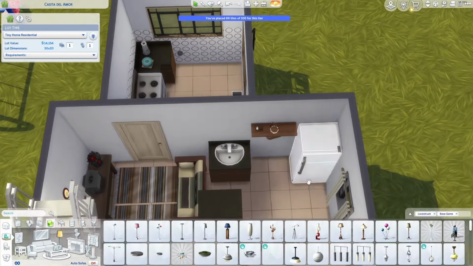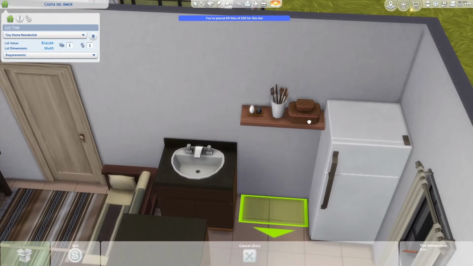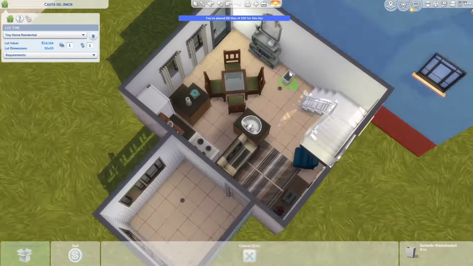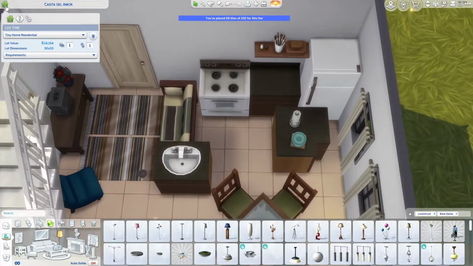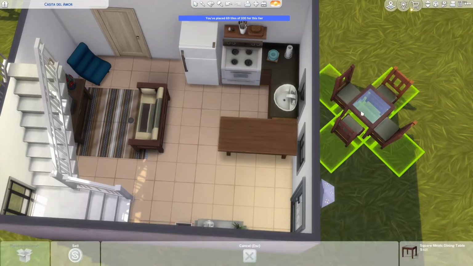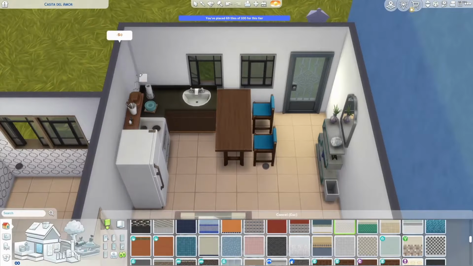The Sims are still going to be able to get to this room, but it might not be the best looking. I did get rid of that table and chairs and replaced it with the new bar height table and the bar stools. So I thought that made a lot more sense, even though there isn't enough seating for all of the Sims that would be living in this house if there's 4 Sims. But I think that this house being this small and it being in such a large lot, it made sense to have it like this for the start of your gameplay